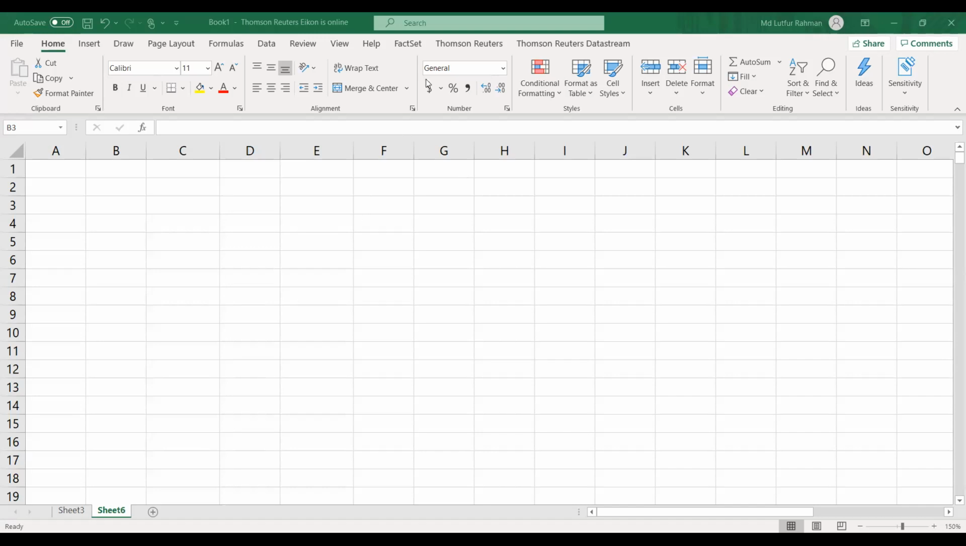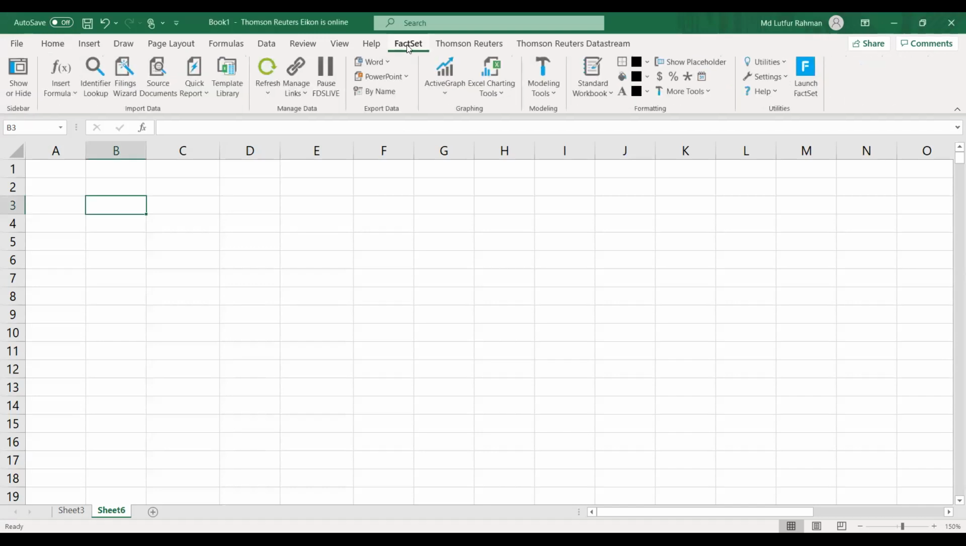So to download Factset data, you need to go to this Factset tab. And once again, if you download the Factset workstation version on your device, this Factset add-in will be automatically added in your Excel spreadsheet. And if not added, you can manually add it the way I showed you in the previous video. So once this add-in appears, what you need to do is